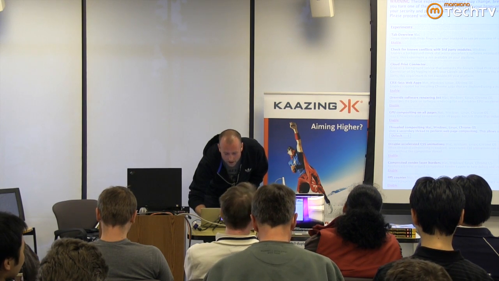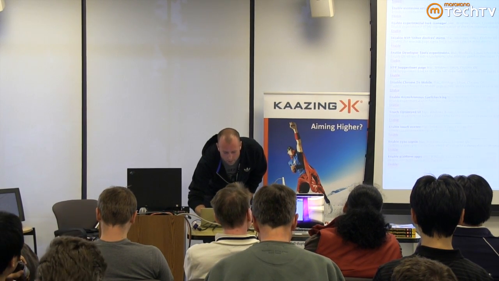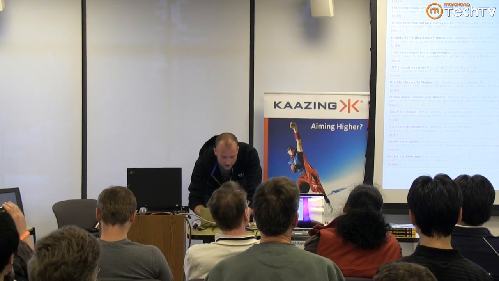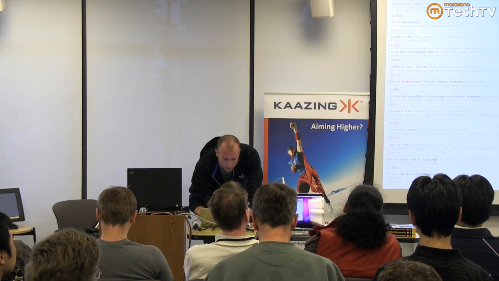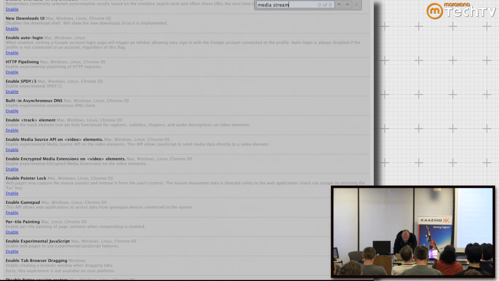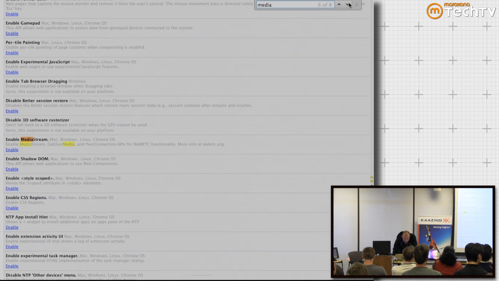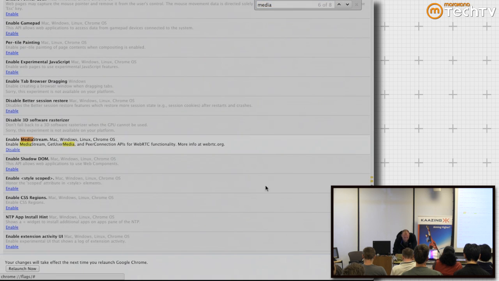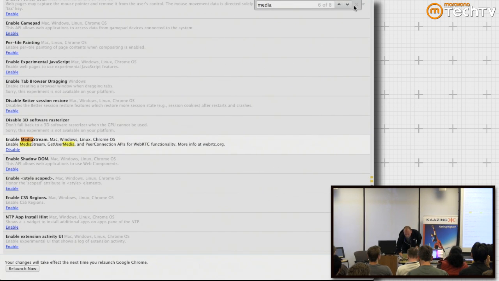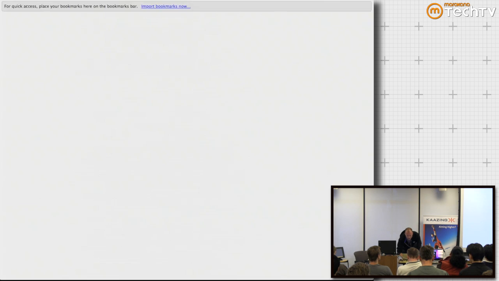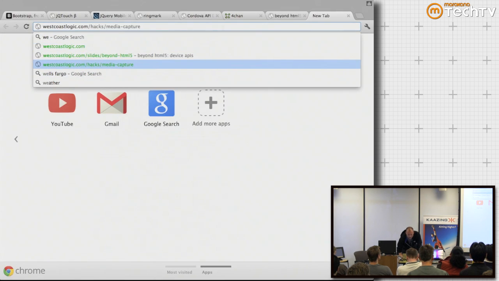If you go into Chrome Canary, you can enable or disable a whole bunch of things. Media streaming is what I'm interested in. Enable media stream. So this is the bad boy. You go to About Flags in Chrome Canary or Chrome Dev Channel. Chrome Canary is where it's at, though. And then if you go to the West Coast Logic Hacks media capture page,